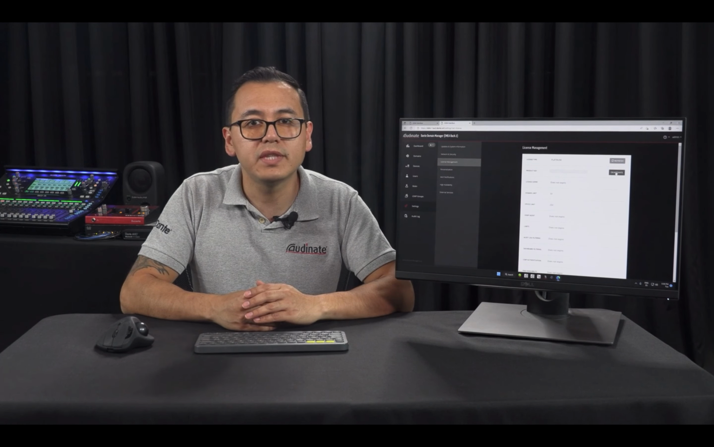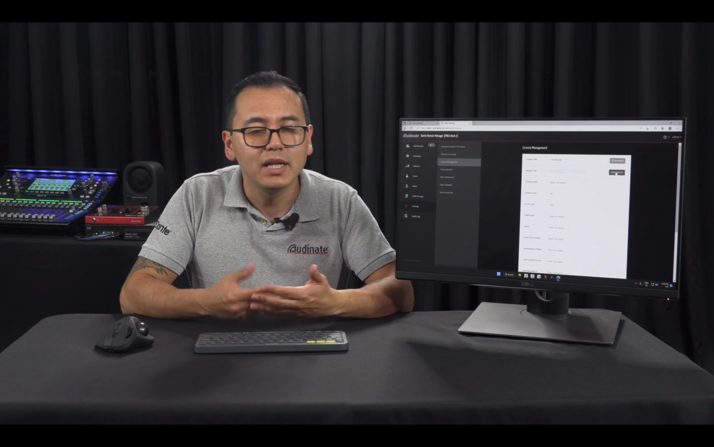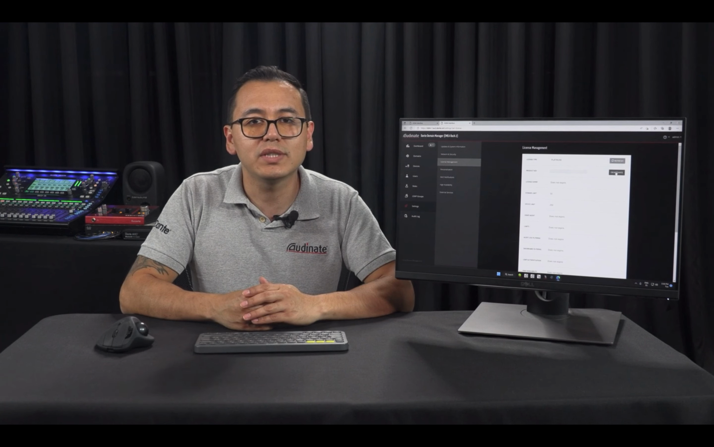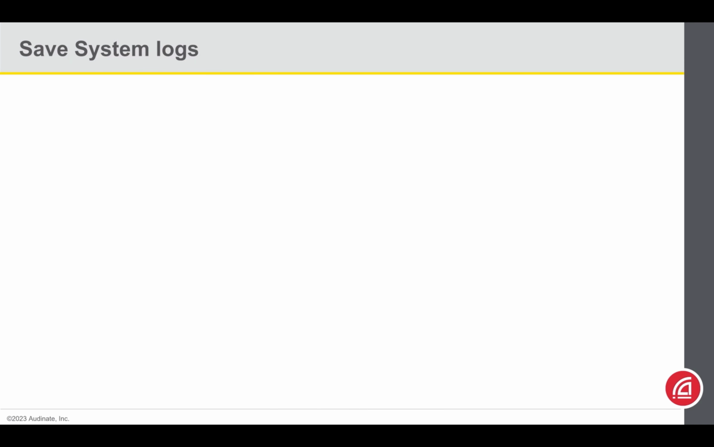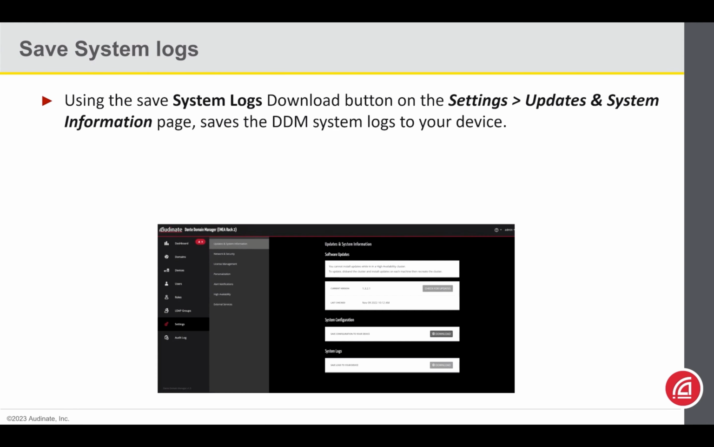While the impact of these things can be minimized through planning, we still realize that there may be a need to escalate, and that is when support can step in. When your DDM is running into issues, a critical piece of information that is diagnostically helpful to the support team is the system log. These logs can be found in the same section where we did the backups under Settings,